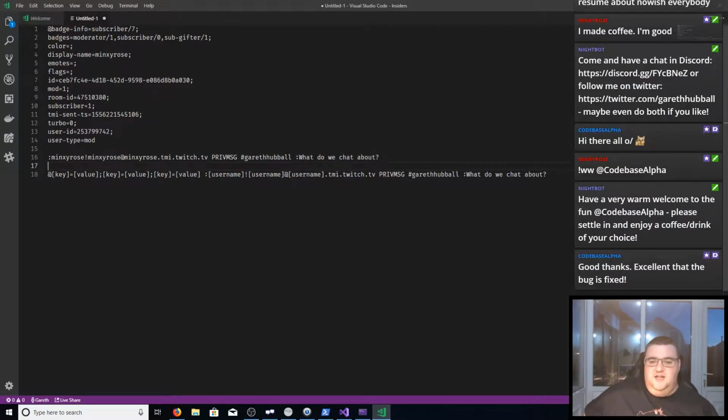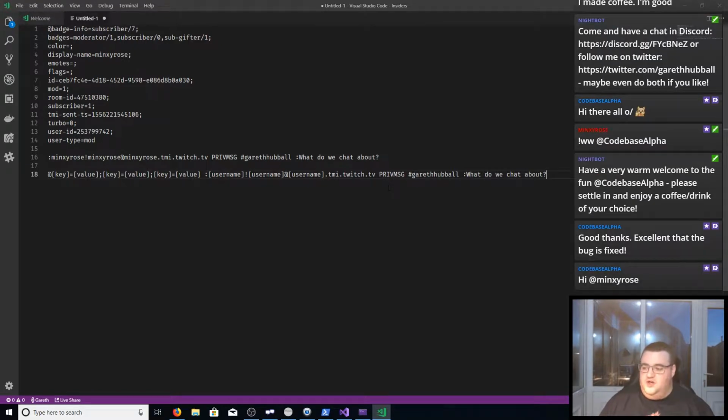So this is kind of what we've got. We've got the whole thing in 2 parts, split by the space colon. So it's @ and then all of those, which are key value pairs, which we could just store in some form of dictionary. And then the rest of it. And that way we can start getting a record back, a struct back for what user information we've got for each message,